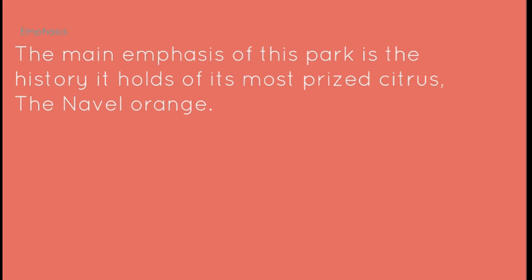Emphasis. The main emphasis of this park is the history of its most prized possession, the navel orange, the biggest reason why we have Riverside right now and why we have oranges on our